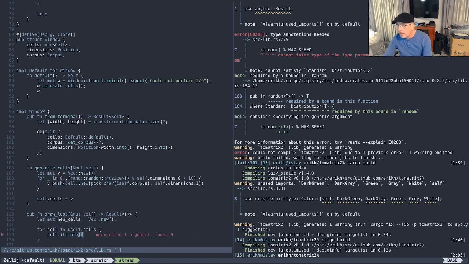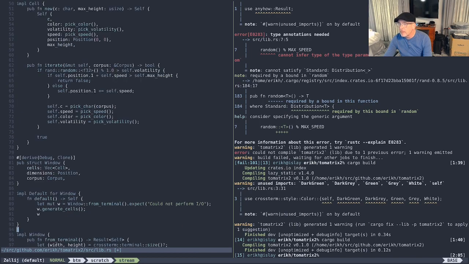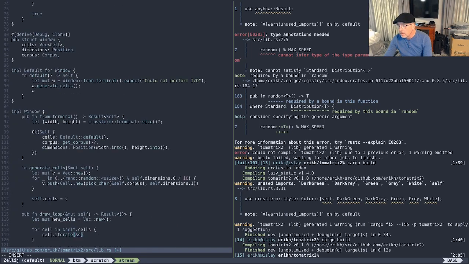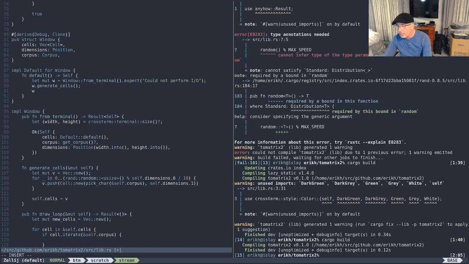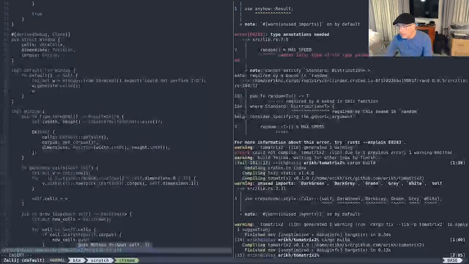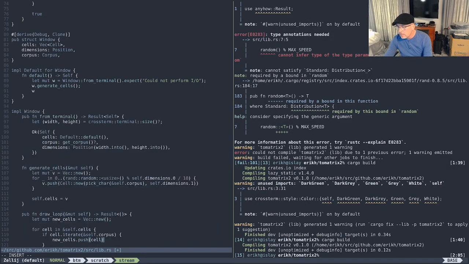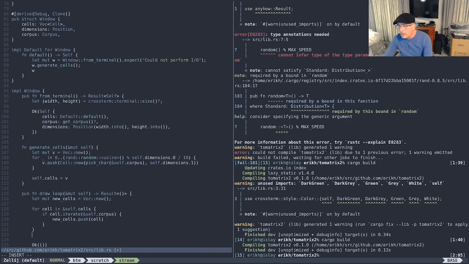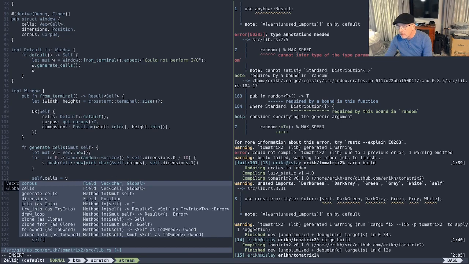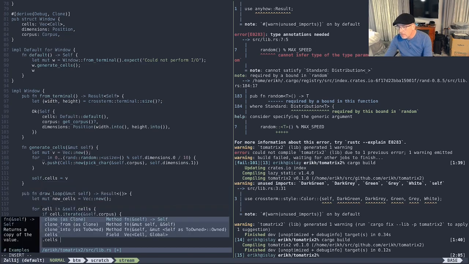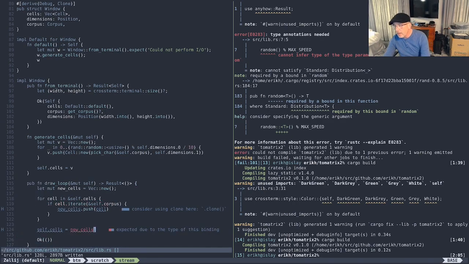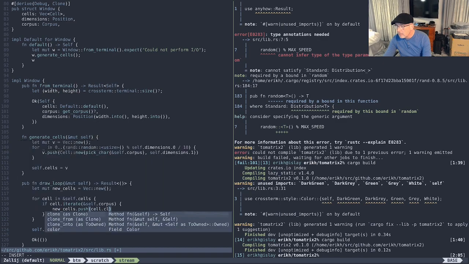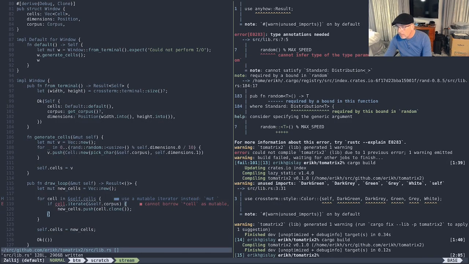Okay. And iterate takes, what does iterate take again? Corpus. Self-corpus. If self-iterate, self-corpus, we want to put that right in new cells. And then at the end of this, we want to cells equals new cells. And the reason we're going to do this way is so we can actually